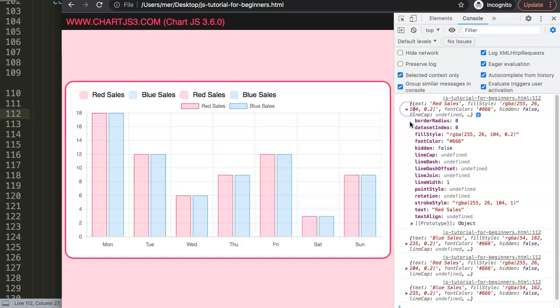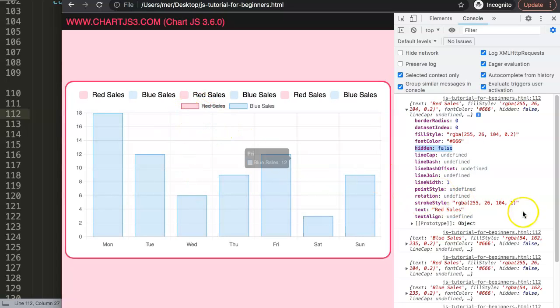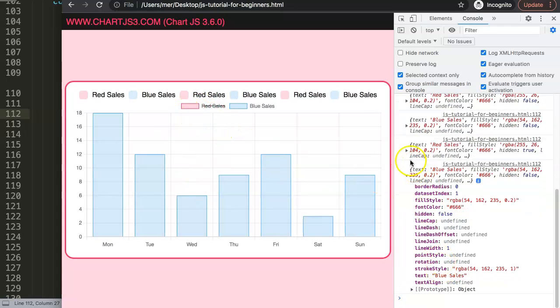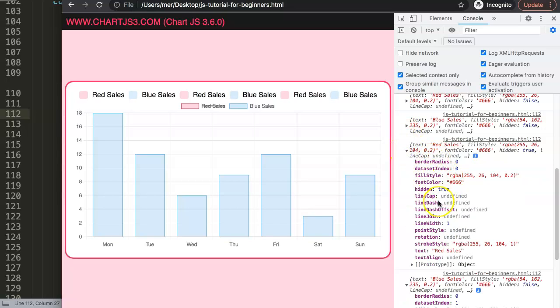We grab all this information, but you can see here the information of hidden. If I click on this, the red one becomes hidden, and you will see that now the red sales hidden is false. Oh sorry, that's this one here. Hidden equals true. As you can see here now, it clearly recognizes this. So what I want to do is that if it's hidden true, in that case, I want to gray it out, and if it's